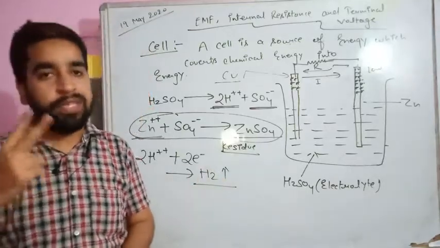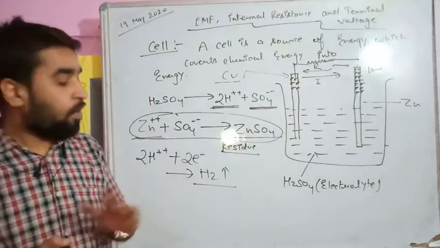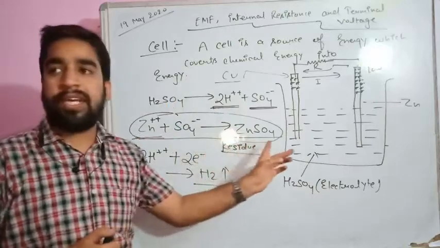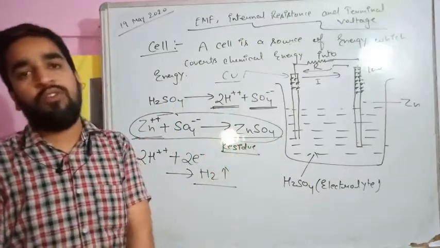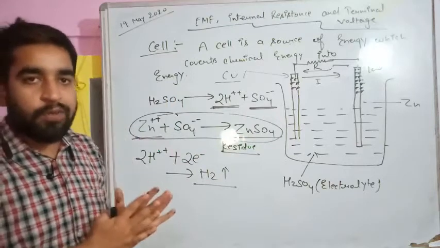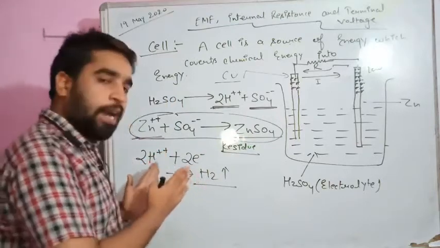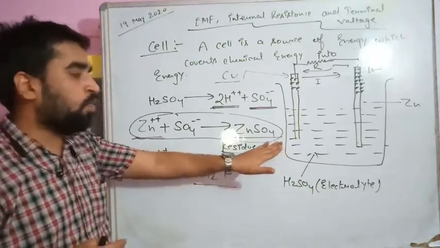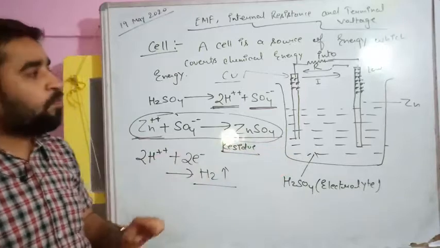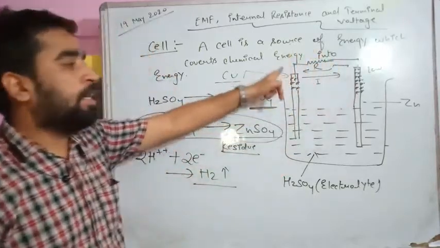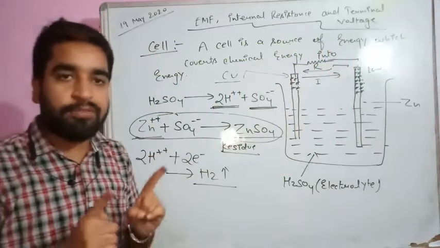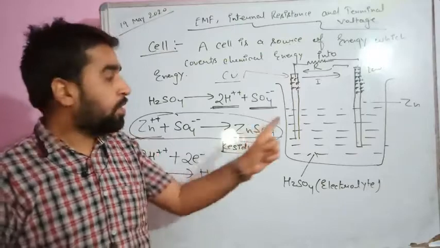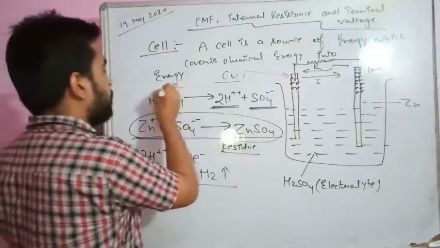So inside a cell, two reactions will be done. One, that hydrogen gas will be released, and another, ZnSO4, zinc sulfate residue will keep on forming. So our job was neither to have hydrogen gas released, nor to form ZnSO4. Our job was just to transfer the charge, and that is done. So once there is a transfer of charge, there is the formation of electric current, and this current is due to the chemical energy,